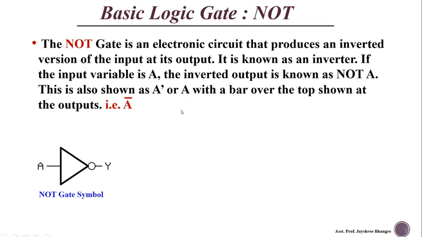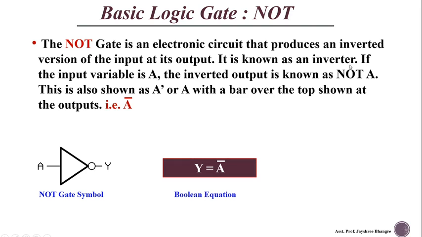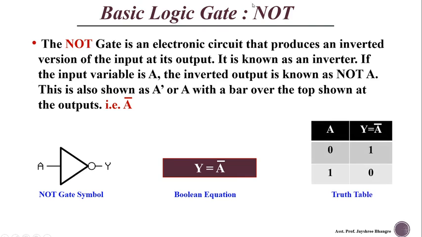So here is the symbol. This gate has one input and one output, and its Boolean equation is y equal to A complement. So here it provides the complement of the input, and this is the truth table that represents the operation